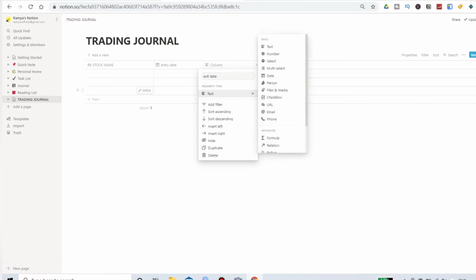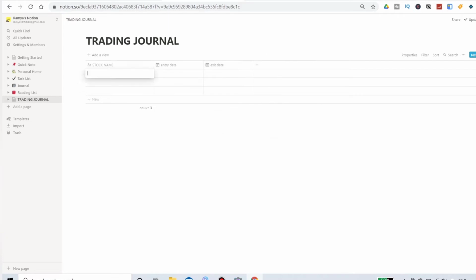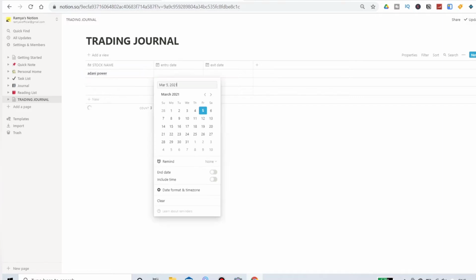This is also a date. So today, what I did in Adani. Adani entry date is two days back, so I'll put it as Tuesday, and exit date is